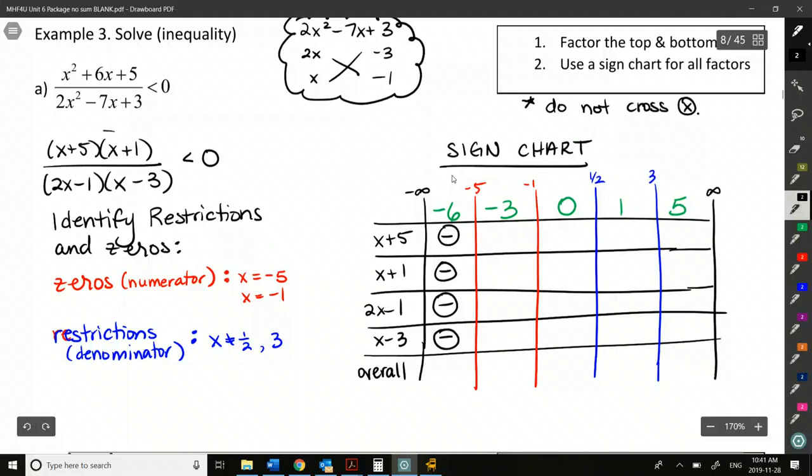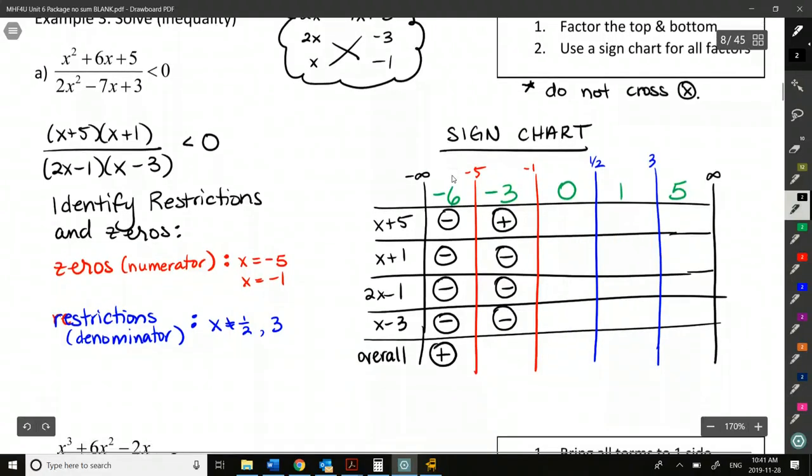Okay, yes, because I'm multiplying up here, I multiply x plus 5 and x plus 1. So when I multiply negative and negative here, that becomes positive. And we also multiply 2x minus 1 and x minus 3 on the bottom. So that also becomes a positive. And when I do positive divided by positive, I get a positive. Okay, -3. When I plug it in here, we get positive, negative, negative, negative. So overall, our function is going to be